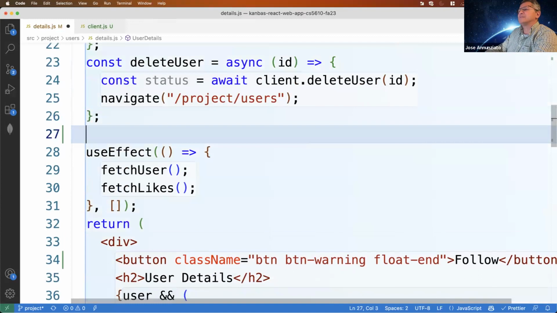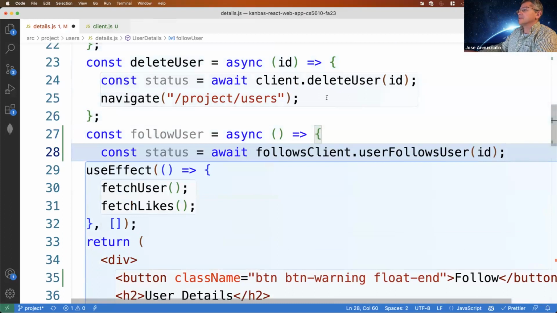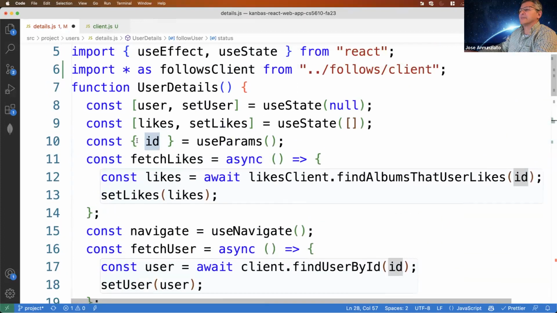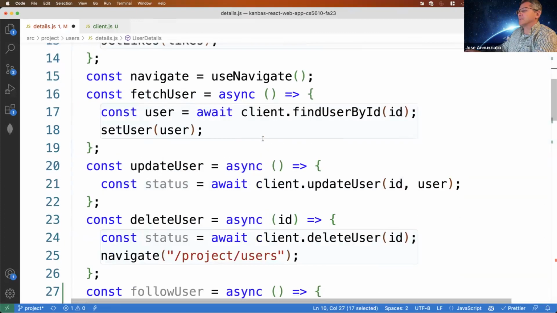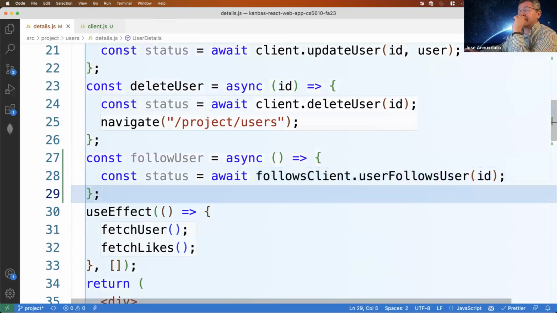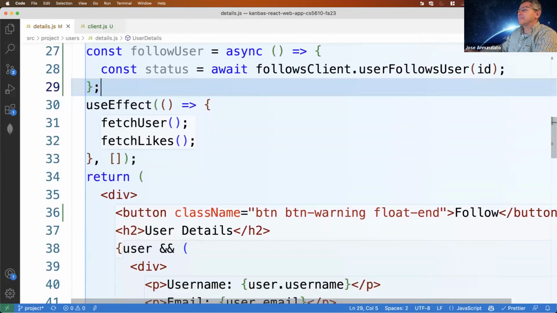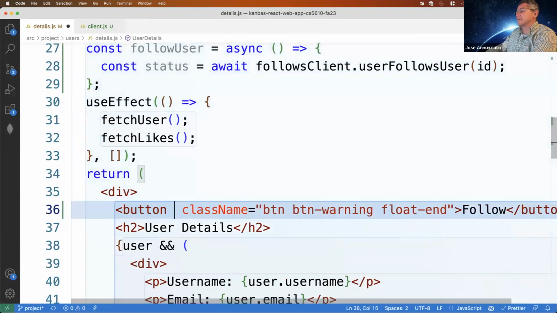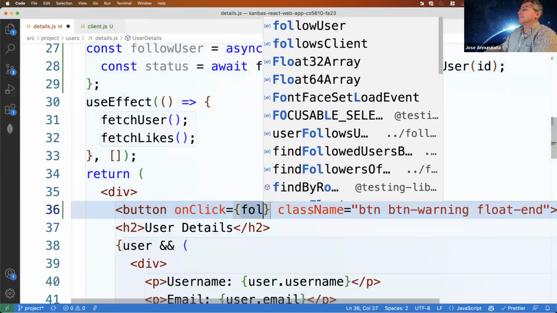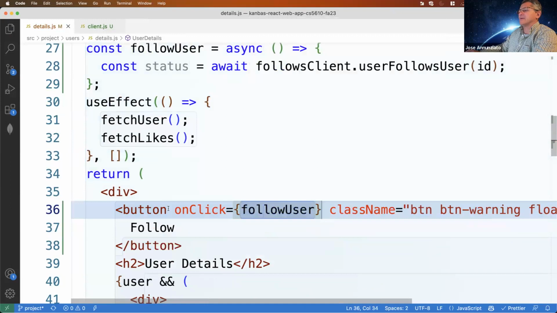So let's implement const followUser, which is going to send the followsClient userFollowsUser, and this is the ID of whose account we're looking at. We're going to send that ID with an await, and we're going to call it right here. We're going to say onClick followUser. There we go. When we click on it.